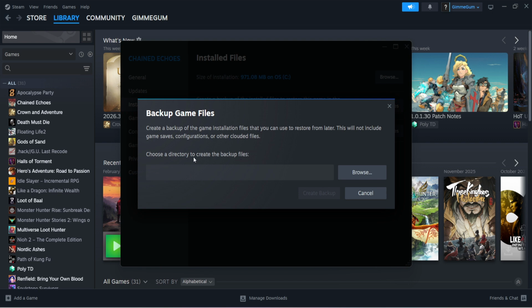Keep in mind, this is mainly the game's installation data. Many games sync saves with Steam Cloud automatically, but some store saves in your Documents folder or app data. If a particular save is critical, take a moment to confirm where that game keeps its saves, so you know